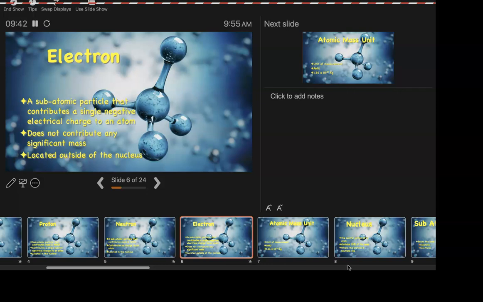Anywho, back to this. So the electrons are located outside of the nucleus, okay? And like I said, this is one of the things that really blew my mind when I started reading about it. And if you like this kind of stuff, the Electron Wikipedia page is fairly interesting, actually. We had to all learn the shell structure, right? You guys remember the shell structure? 1s2, 2s2, 2p, whatever they were. Oh, I hated that. But you need it to balance equations and to make everything work.